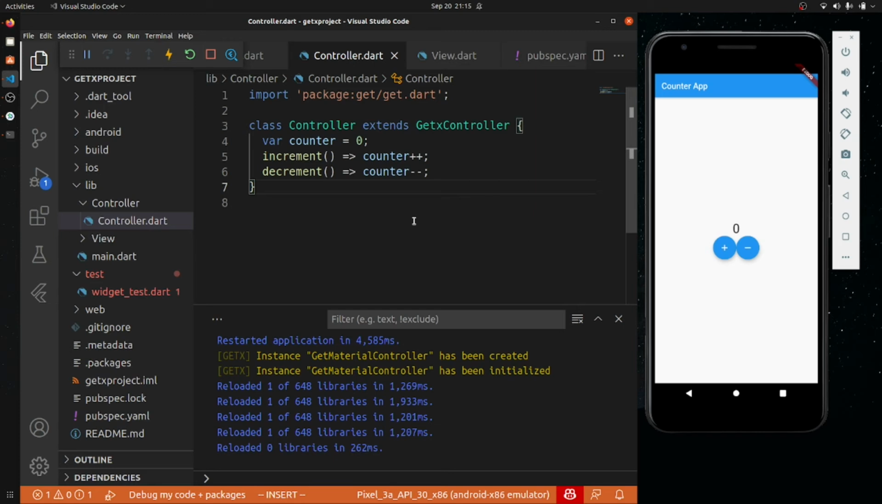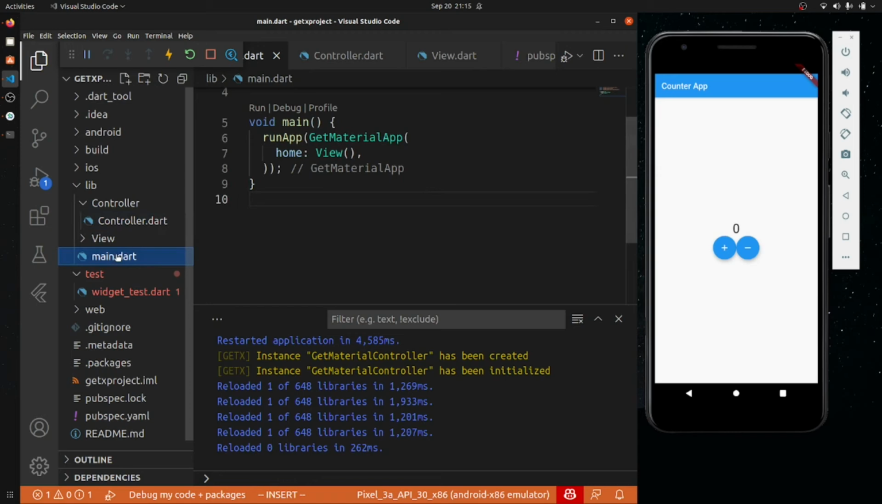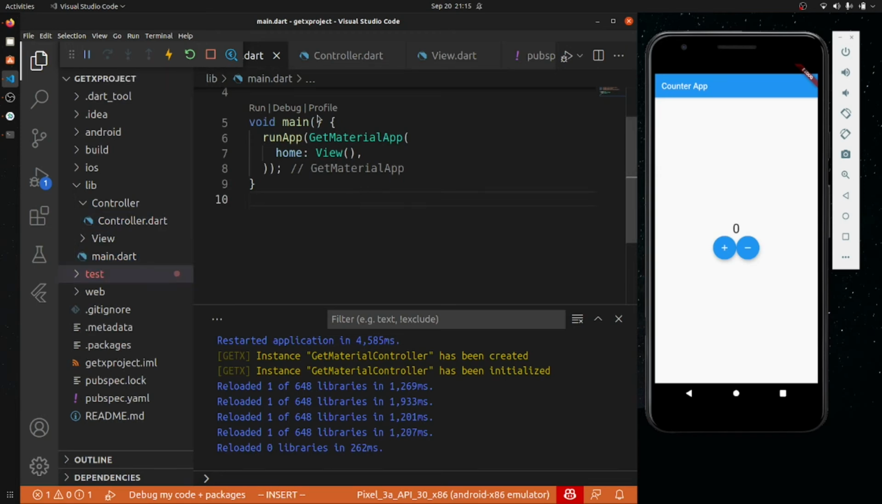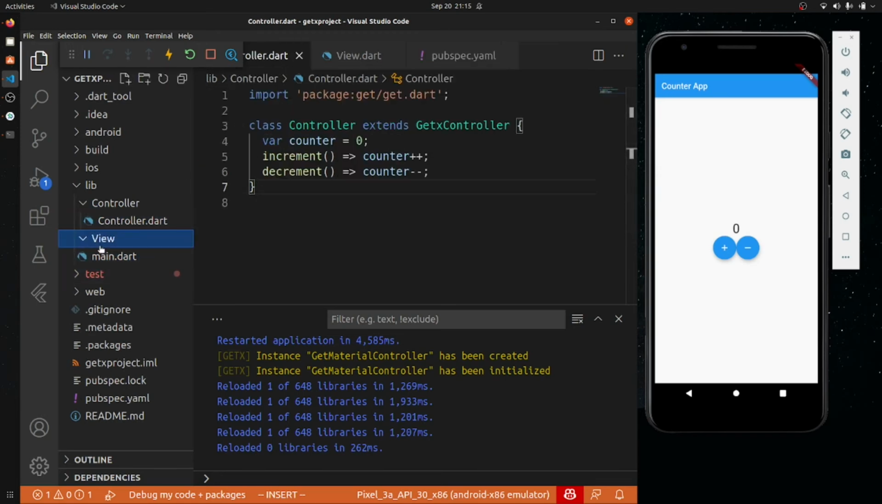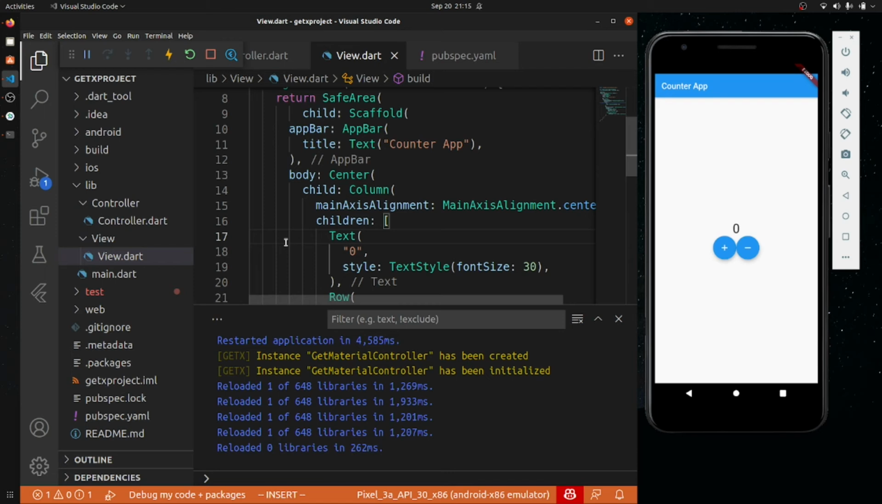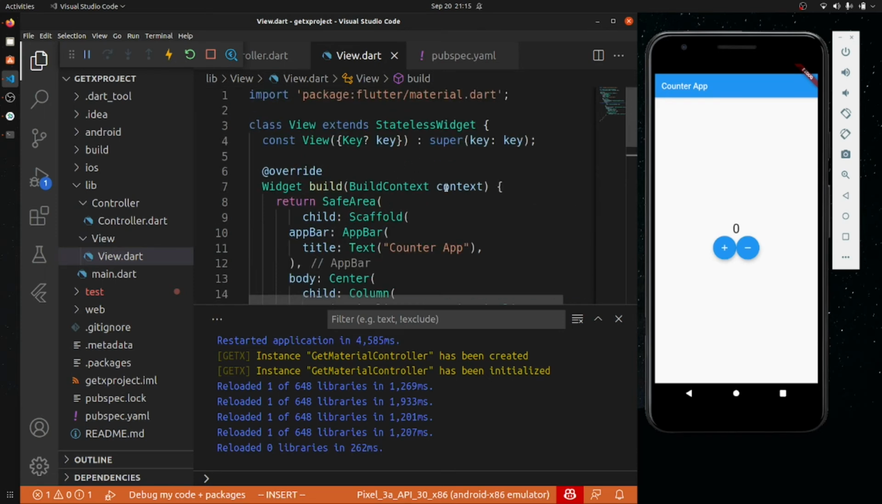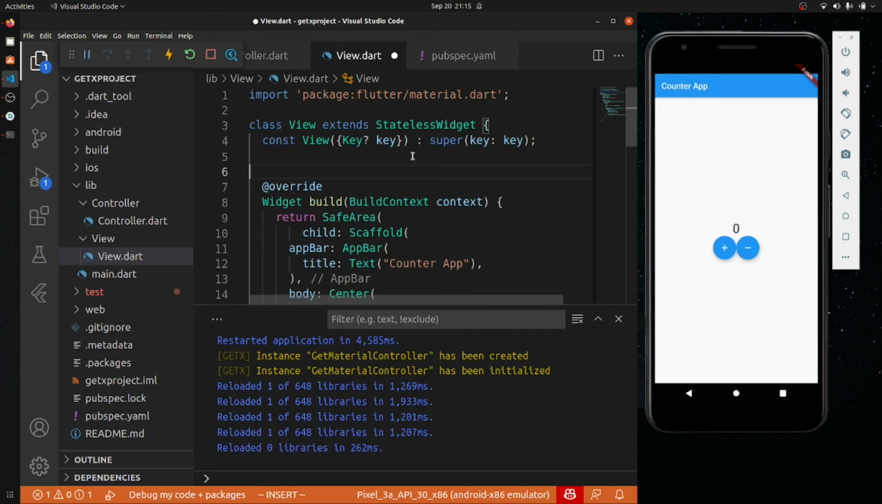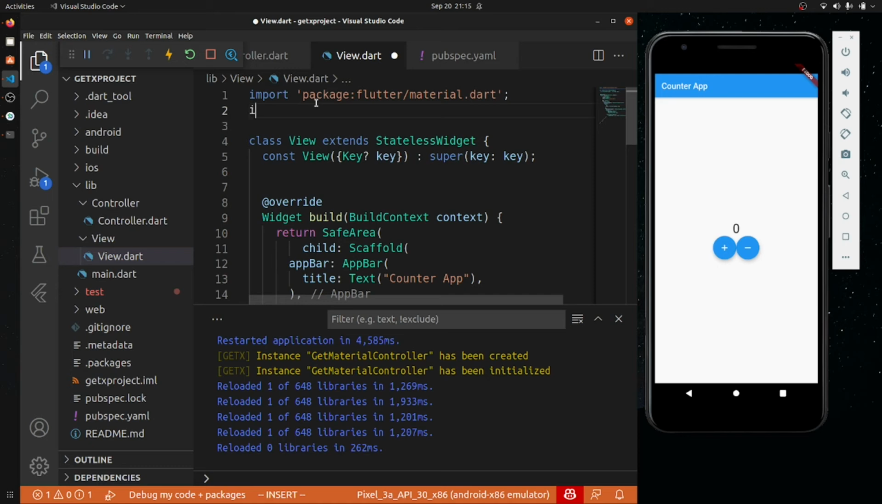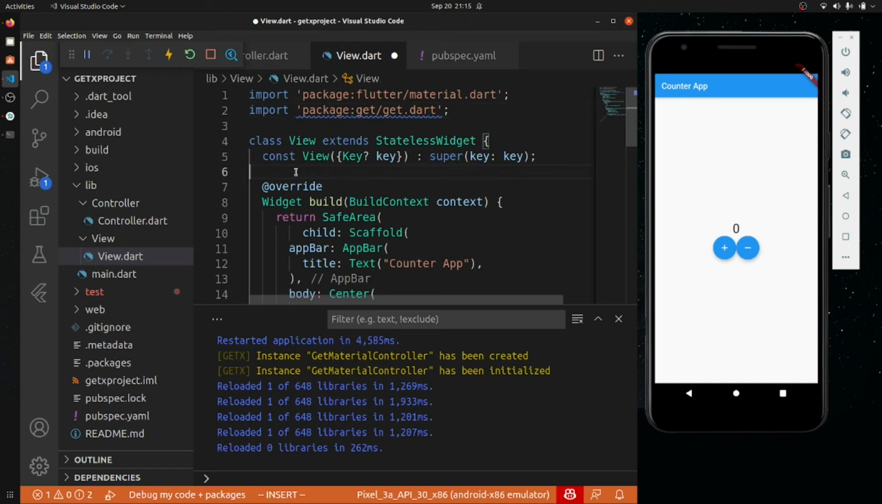Now what I want is that this counter should be used in my main.js. Not in main.js, sorry, in my view. So how can I use this in my view? First of all, we will include our controller. For that we just have to import get dot dart, and now I will create